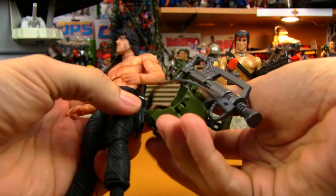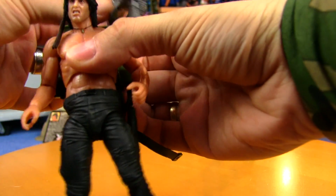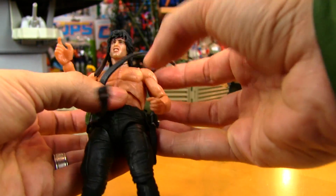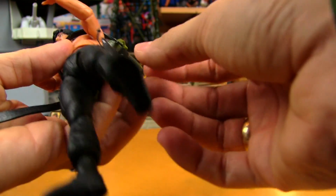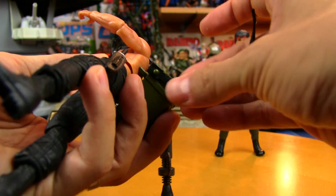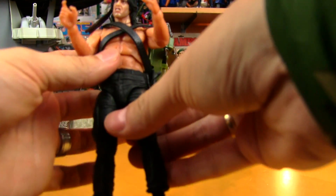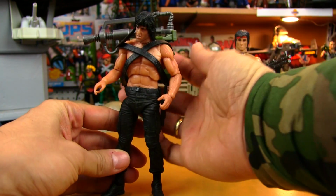And another thing he's compatible with is the backpacks from the original Coleco line. So on a lot of the Coleco figures, the straps were so tight that they would break. They weren't quite long enough. And if you put this thing on the NECA Rambo, there's no fear of stretching it too much and tearing or breaking these straps. It sits nice and loose, and you can